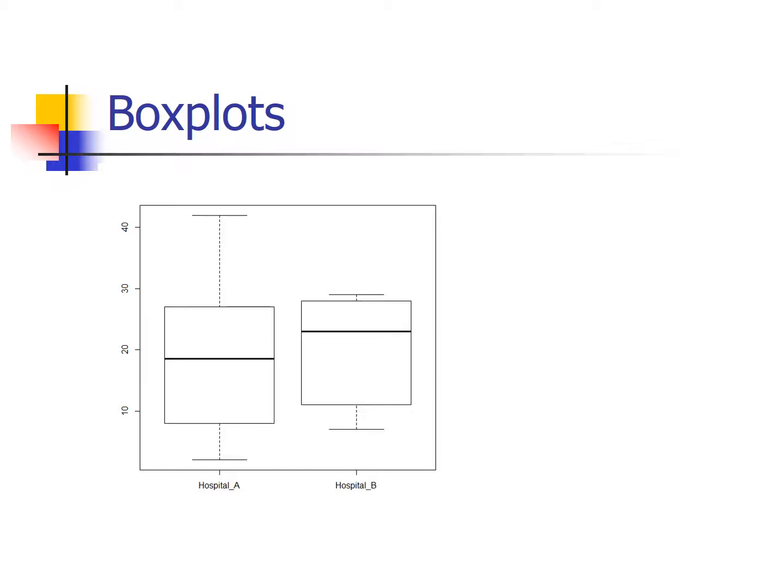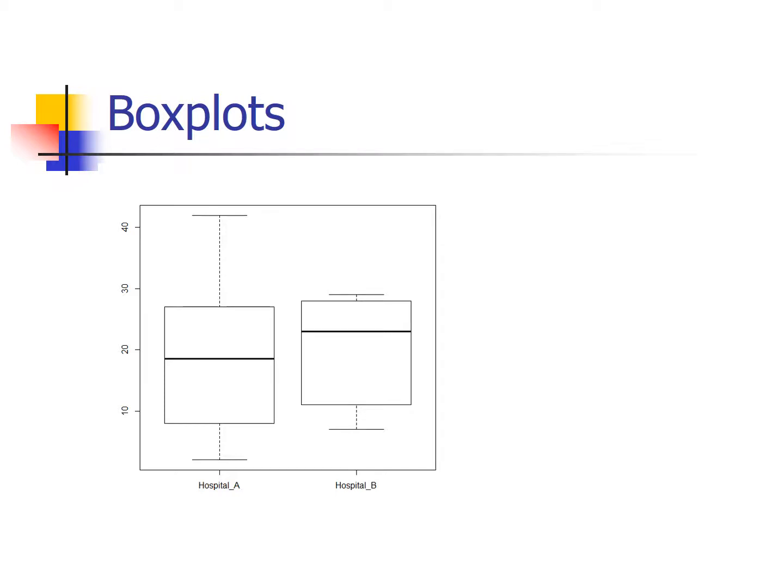I can also see a number of other things, right? The actual width of the box, the distance from the first quartile to the third quartile, that's the interquartile range. The length from whisker to whisker is the actual range, right? That's the maximum minus the minimum. So I can see not only the 5 numbers, but I can also see quickly and easily the interquartile range as well as the actual range.